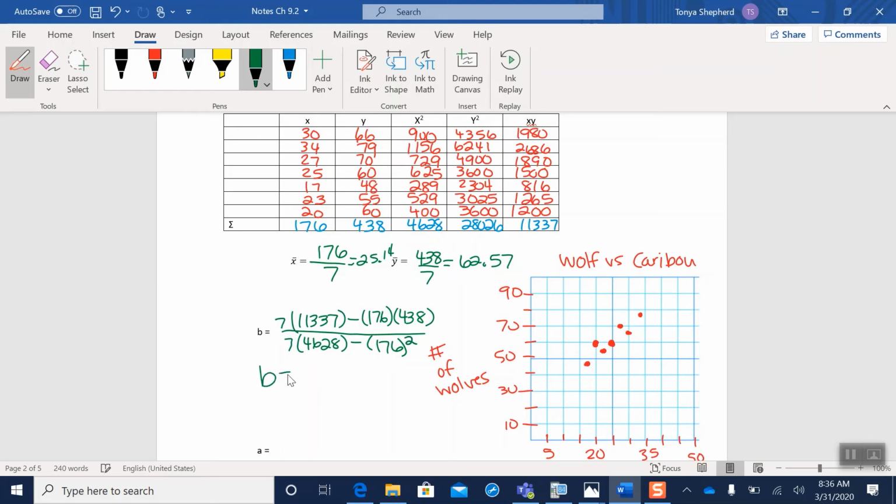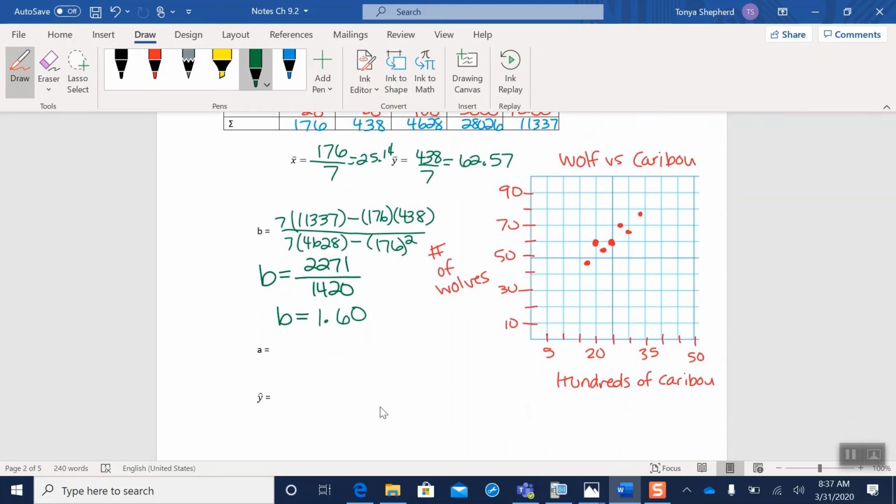And so if we put the top in our calculator, let's see what that gives me, 2271. And if I put the bottom in my calculator, I get 1420. And again, 2 decimal places, 2271 divided by 1420 is 1.60 to 2 decimal places. Okay, and this is our value for our slope,